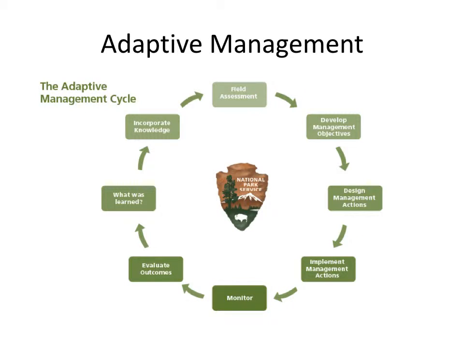Now this, along with the other challenges and problems that I've mentioned for implementing a command and control approach, is why the National Park Service has gone to the adaptive management paradigm or approach to natural resource management. Essentially, this is an iterative process where you start with assessing the conditions in the area that you're managing, develop some objectives for management, design some management actions, implement those actions, and then you're back to monitoring, and then you evaluate whether you have actually achieved the goals, assess what you've learned about how the ecosystem works, and recognize